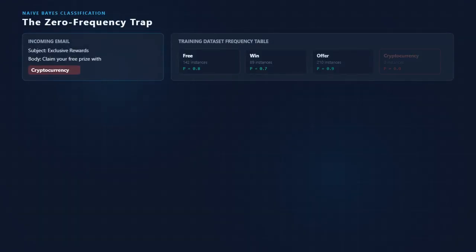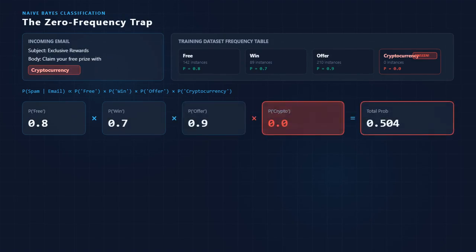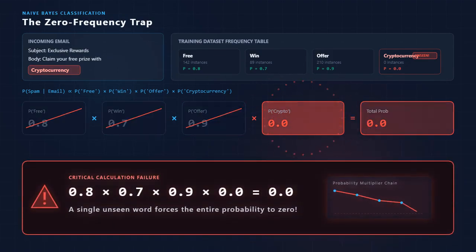To fix this, we introduce a brilliant technique called Laplace smoothing. Instead of calculating raw frequencies, we add a small positive constant, typically +1, to the numerator of our likelihood calculations. To balance this, we add the size of our entire vocabulary to the denominator. This simple adjustment ensures that no probability ever becomes exactly 0, even for completely unseen words. Visually, it's like giving every possible word a tiny baseline count, preventing the math from collapsing while preserving the relative differences between known words.